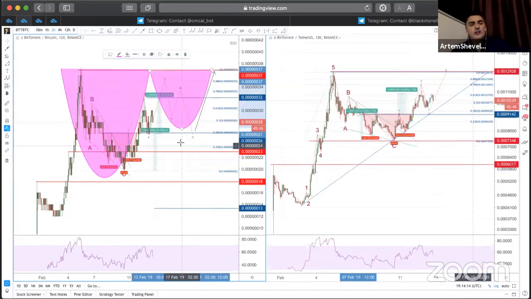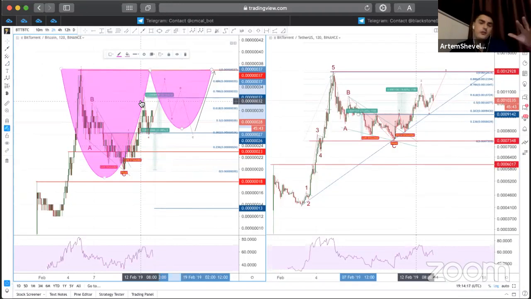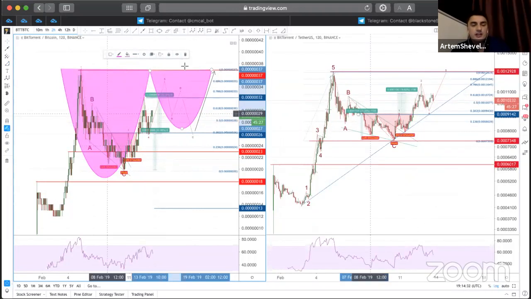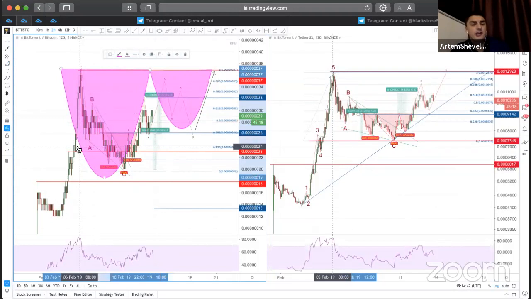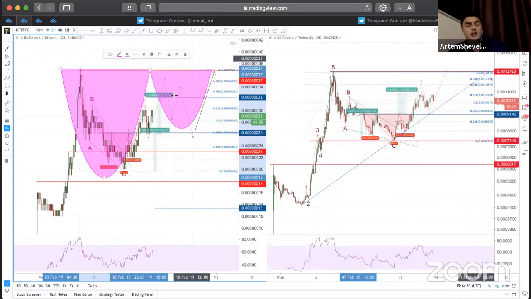Something like this. I don't think this is a cup and handle, but if you see this pattern at the top of the market, it's probably fake. It's probably not a cup and handle. And usually, as I see such patterns, they're not breaking out. They break down, or they make a fake breakout and go down. This is what I see from the crypto market. A lot of people have been burned with this pattern. They invested in it and failed because it's not valid.